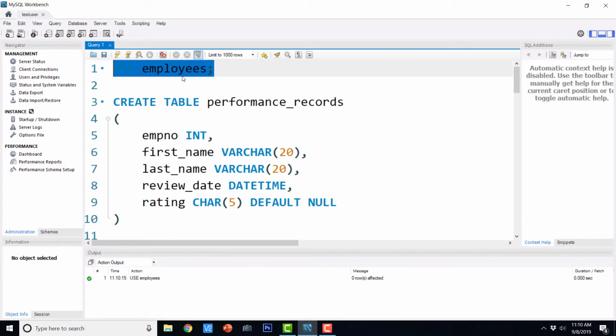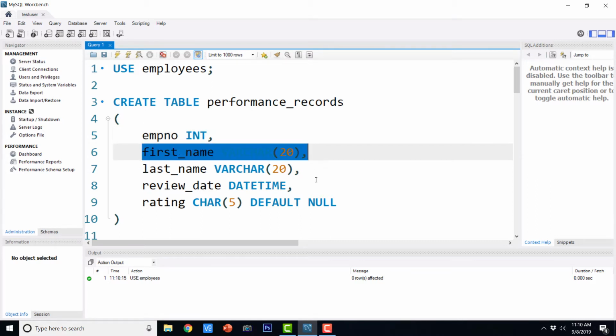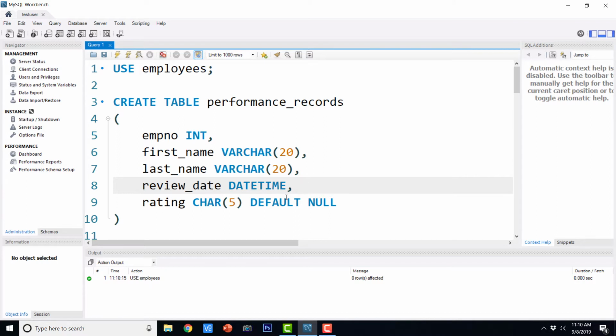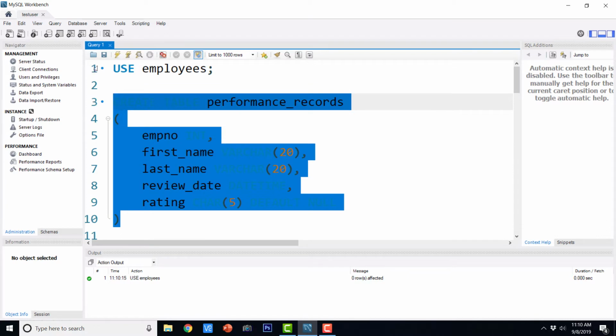Now this is the syntax for creating a table. Create table, table name, column and column data type. The next entry is separated by a comma and so on. In case you want to have a default value for any column, you just say default after the column data type and then mention the default value after the default keyword. So I'm going to execute it, and it has created the table structure.